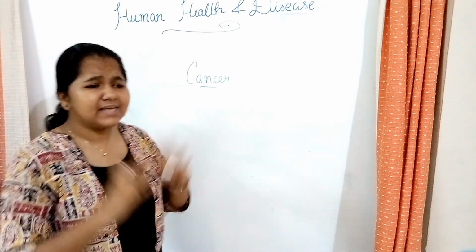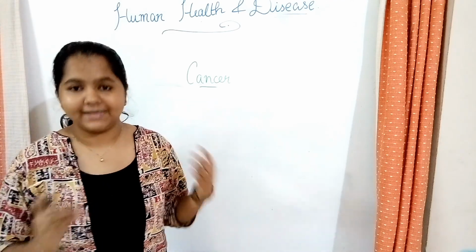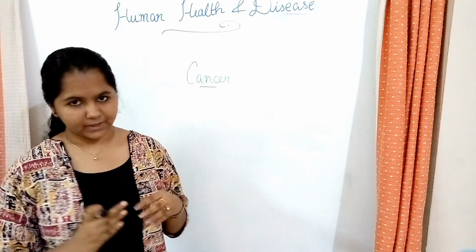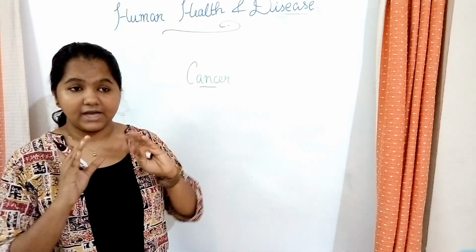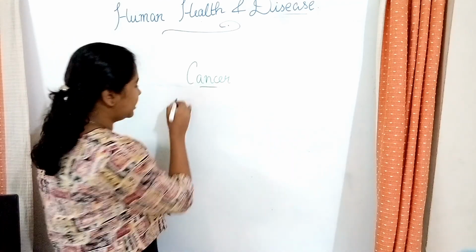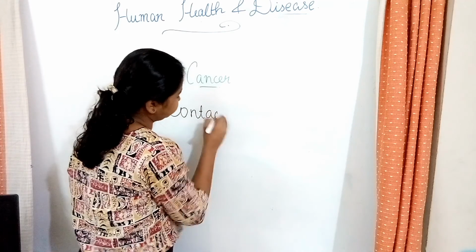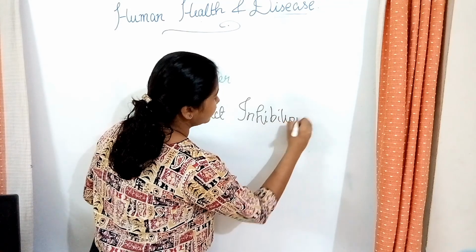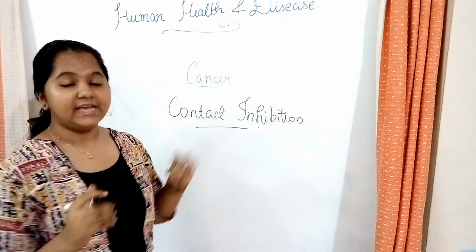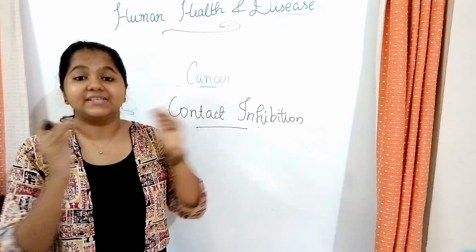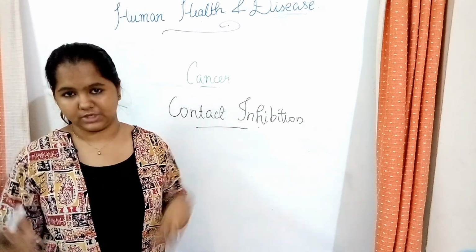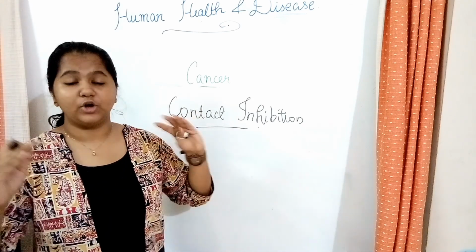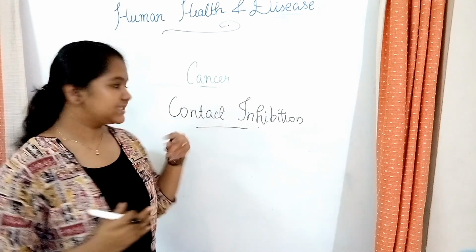Cancer is an uncontrollable replication or multiplication of cells, which forms a mass of cells called tumors. These cells have lost a property which is there for normal cells. The property is known as contact inhibition. So what is contact inhibition? It is a property by which normal cells are controlled without uncontrolled multiplication. The contact between two cells inhibits the excessive or uncontrollable multiplication of the cell. That is called contact inhibition.